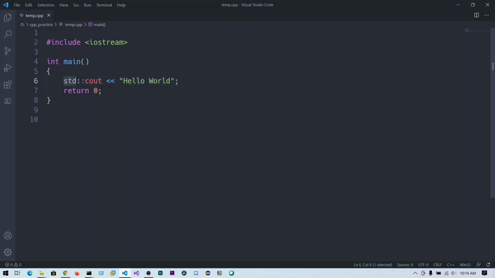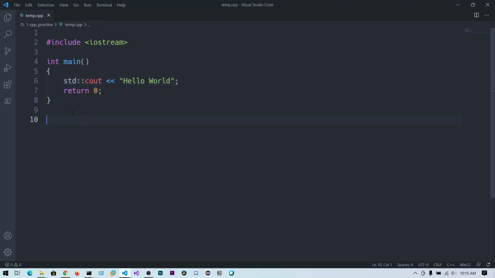Now you can see std and cout. So std is a namespace, and we will talk about namespaces in the next video. In that namespace we have this cout. A namespace is something similar to a group, identifying a group of instructions to be together as std. So in this std namespace we have this cout, and this operator tells it to take the input from this string. So this input will be fetched into cout, and this hello world string will be printed on the console, and the semicolon, every line in C and C++ ends with a semicolon.